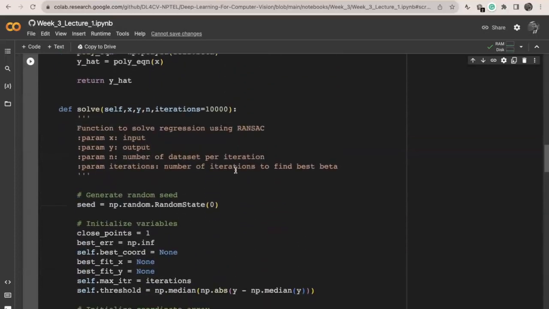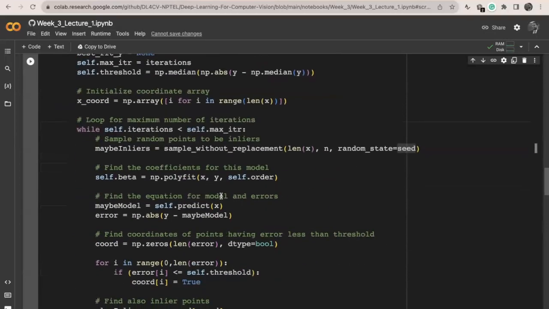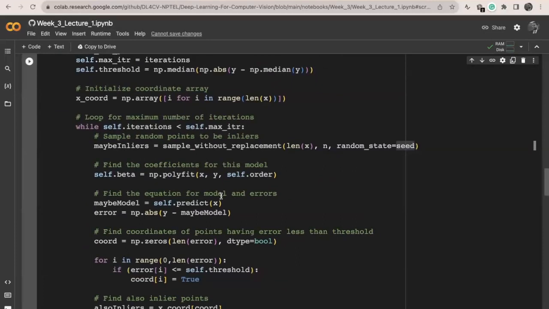And n here is the number of data points per iteration. So it is the number of points that we are sampling out of the data set to do the evaluation. Okay,